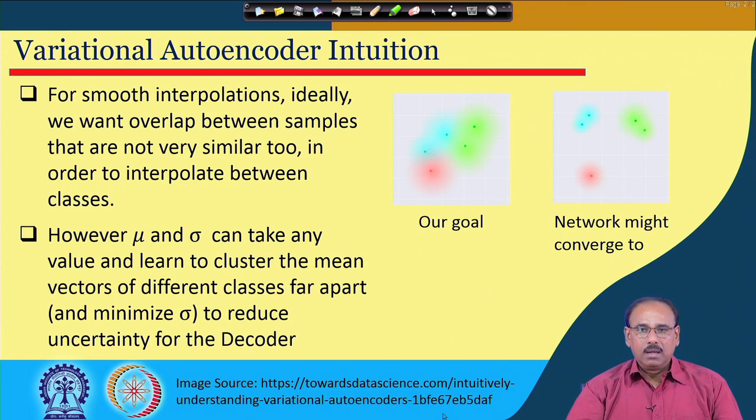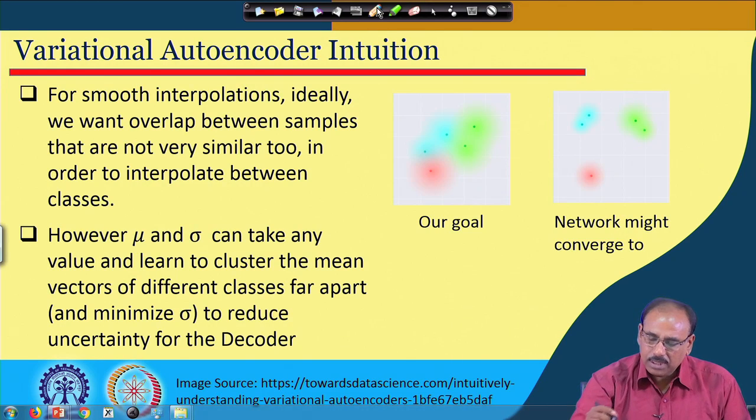However, because now we are going to learn the distribution, we want the distribution to be as compact as possible. And as we also want to interpolate between different objects to have different combinations, we would like the distributions generated by different objects to be as close as possible. So, actually the kind of distribution that we would like to have is something like this,